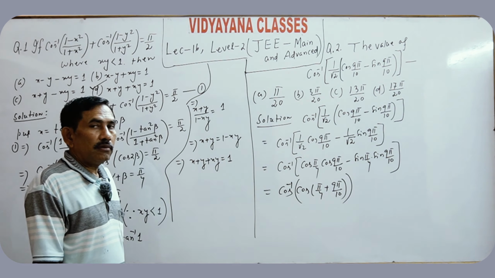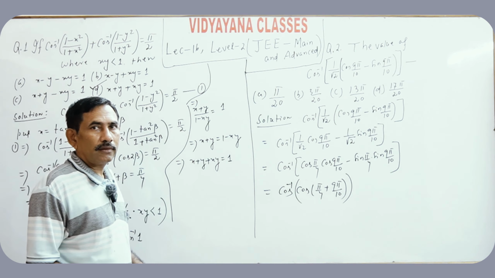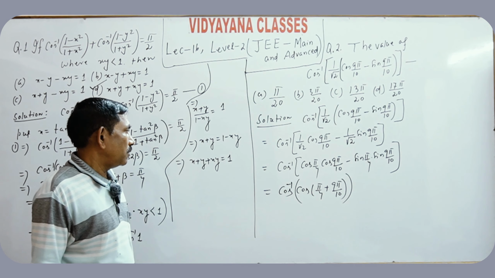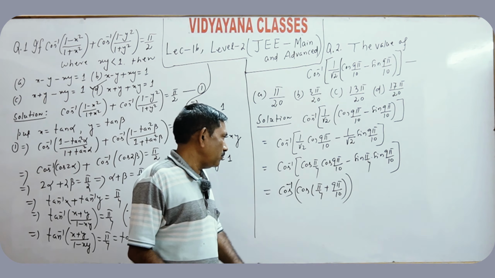Cos (A plus B) is equal to cos A into cos B minus sin A into sin B,